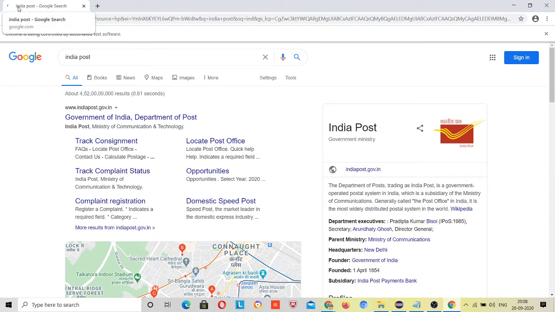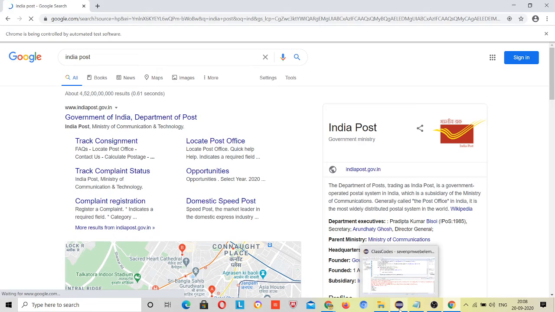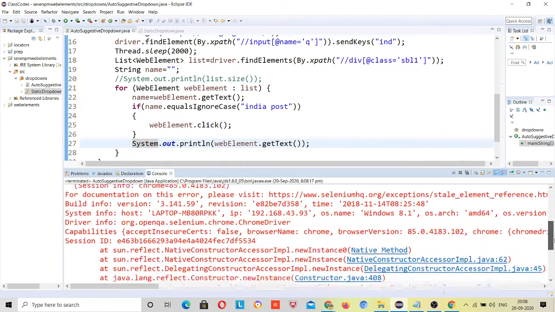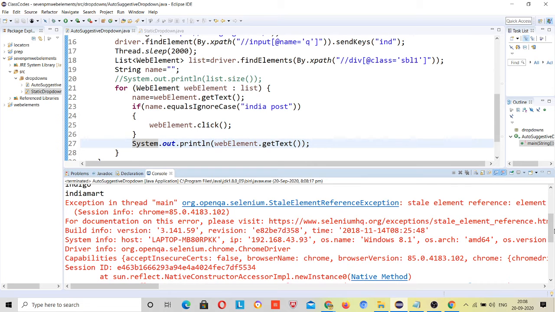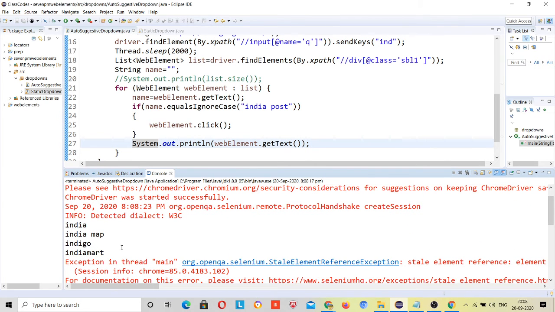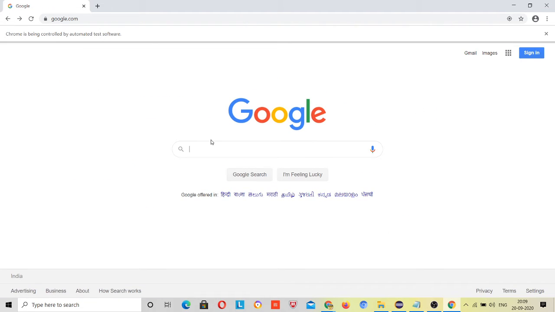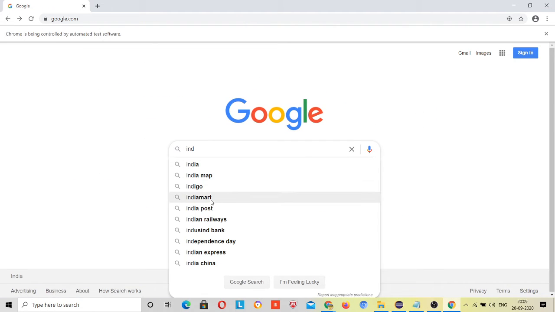Let it be completed. See, it has printed till India Mart, right? And after India Mart, it finds India Post and it clicked on India Post, right?